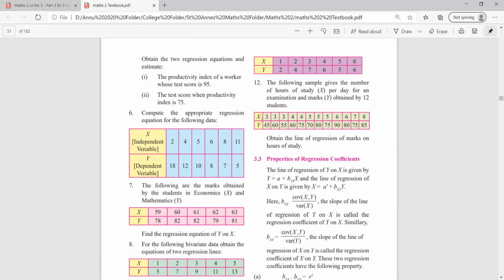So again, you can see class X values are less than 10 or 20. Se to chote hai, but the Y values are greater than 20. So you cannot follow the trick only for Y. You have to do it for X as well. So you can practice and see. If any doubt, you can let me know class. So with this class, we finish off with exercise 3.1 third lesson's first exercise.